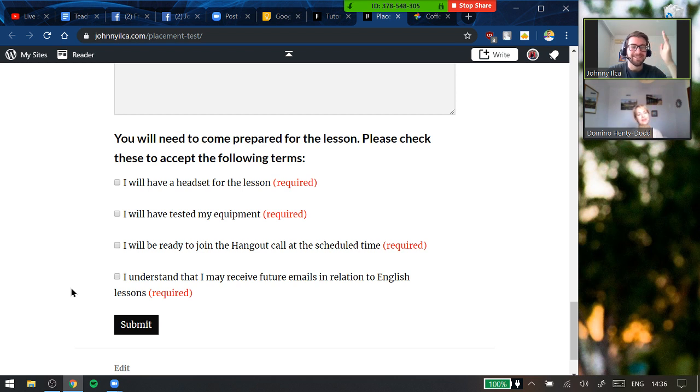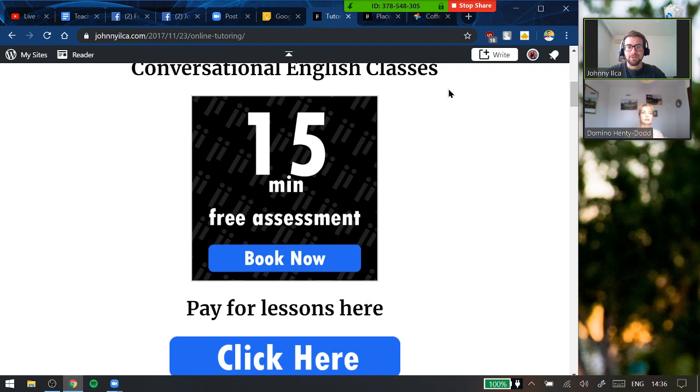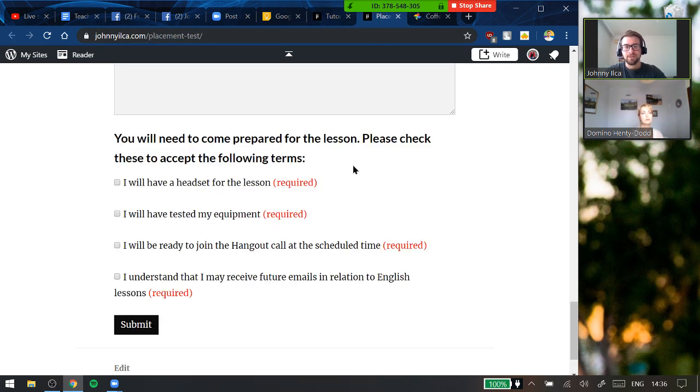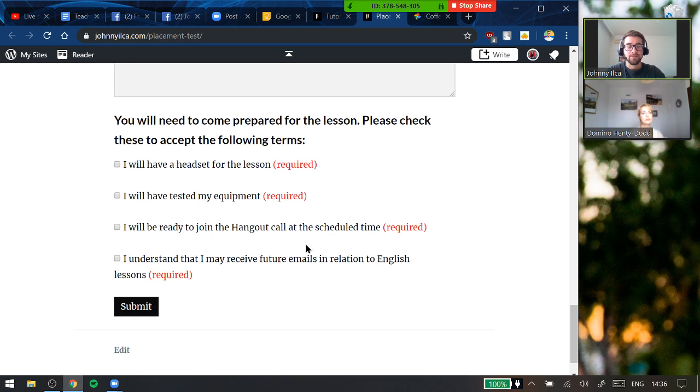So it's like an acquisition funnel type of process. This is part of that marketing thing, what the client process is going to be like. They're going to land on my landing page, see this big button, click it, and then do this test. It takes a little bit of time, so I know that they're serious. And then I get an email.